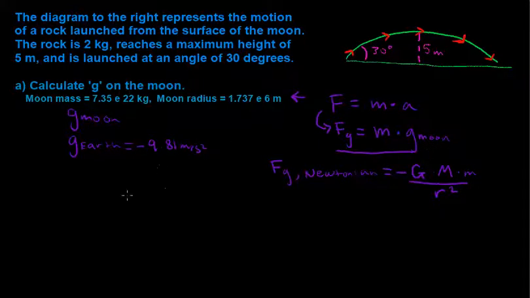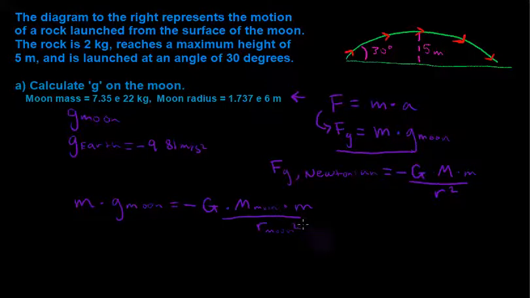So let's go ahead and rewrite these two equations so that they're set equal to each other. The mass of the rock times the acceleration due to gravity on the moon is equal to negative big G constant times the mass of the moon times the mass of the rock, all divided by the radius of the